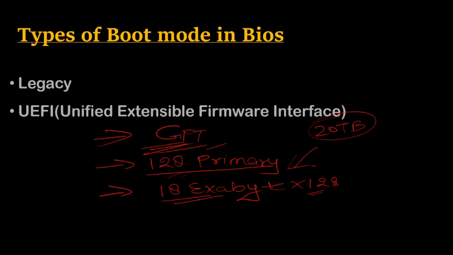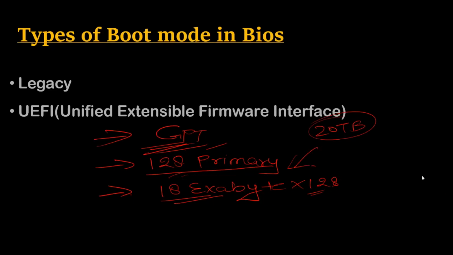So in GPT we have this option. Nowadays, on most PCs, we can say 99% of PCs, use GPT. Only a few older computers you will see have the MBR option. But if you attach any new hard disk, you have the option. If you want to use MBR, you can use MBR. If you want to use GPT, you can use GPT. So we have the option there, right?